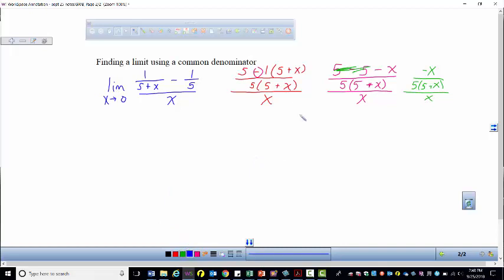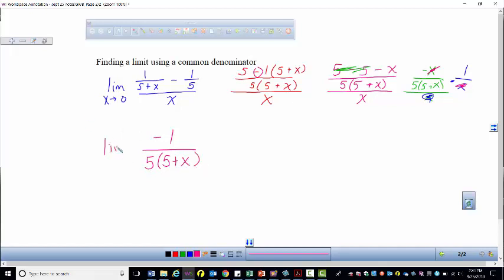And I still have a complex fraction. So what I can do now that I have this simplified, when I take a fraction divided by something, that's the same as multiplying by the reciprocal. So instead of dividing by x, I'm going to multiply by 1 over x. And when I do that, then this numerator x and this denominator x cancel, and I'm just left with negative 1 over 5 times 5 plus x,